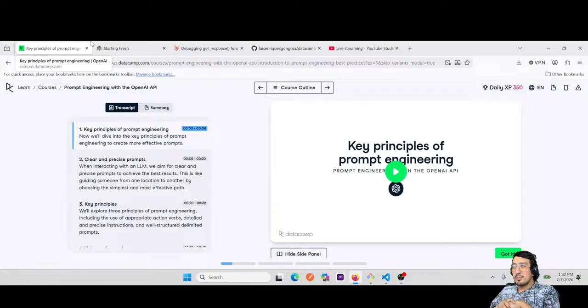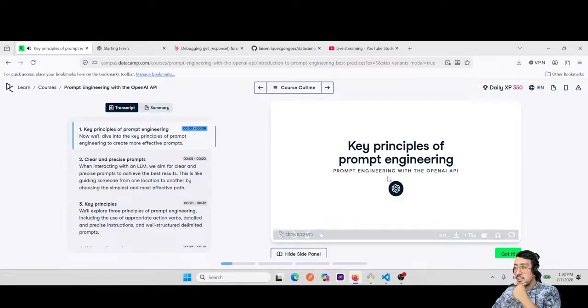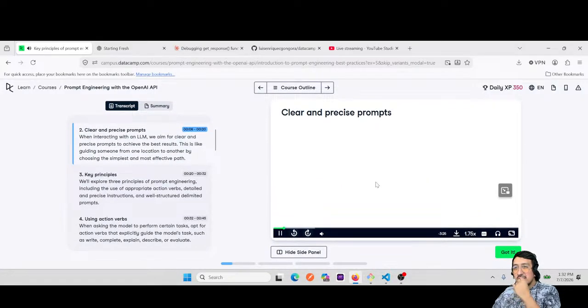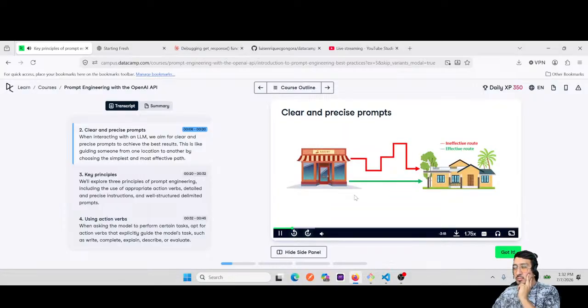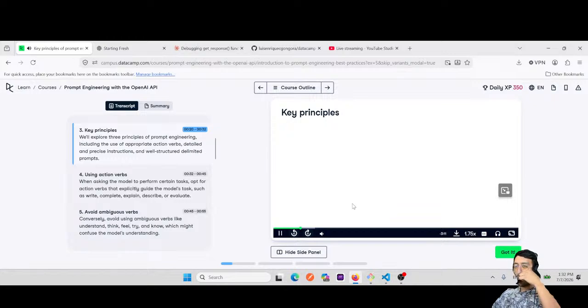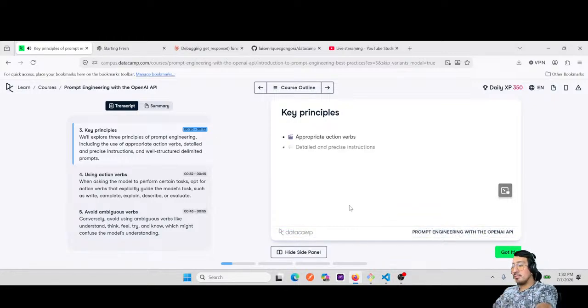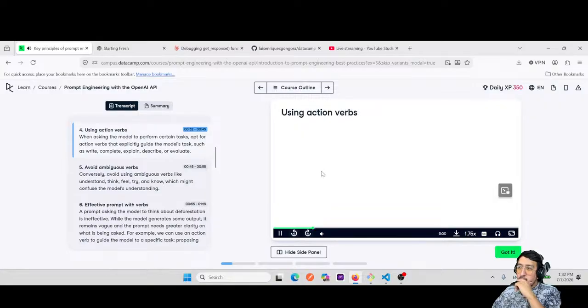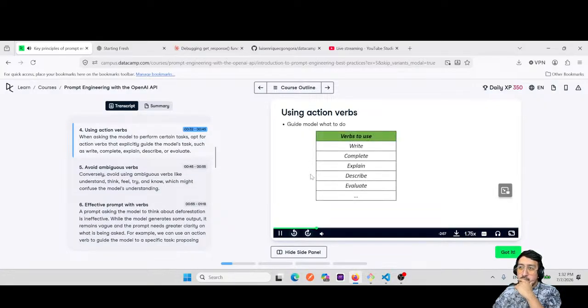Key principles of prompt engineering. Okay. Now we'll dive into the key principles of prompt engineering to create more effective prompts. When interacting with an LLM, we aim for clear and precise prompts to achieve the best results. This is like guiding someone from one location to another by choosing the simplest and most effective path. We'll explore 3 principles of prompt engineering, including the use of appropriate action verbs, detailed and precise instructions, and well-structured delimited prompts. When asking the model to perform certain tasks, opt for action verbs that explicitly guide the model's task,